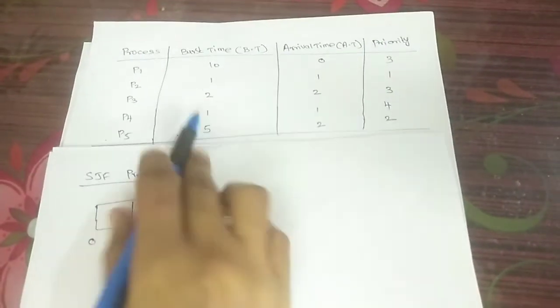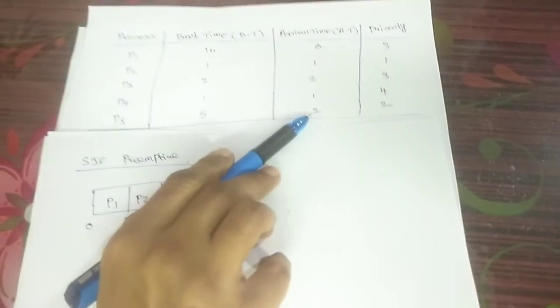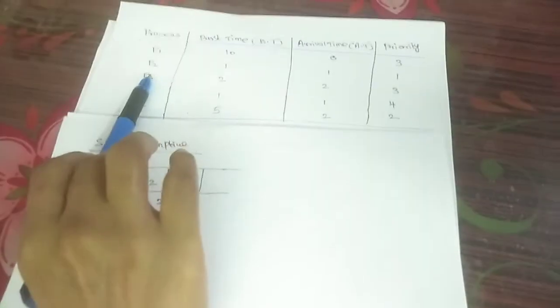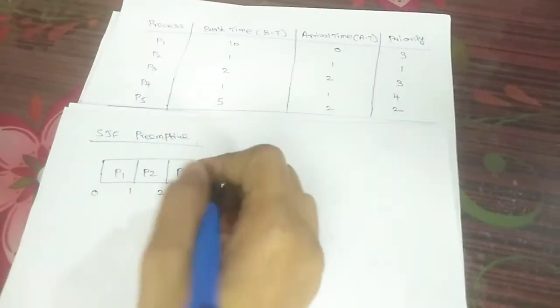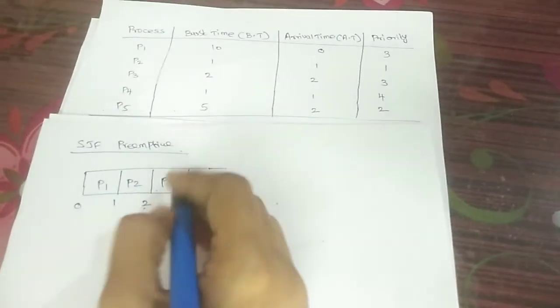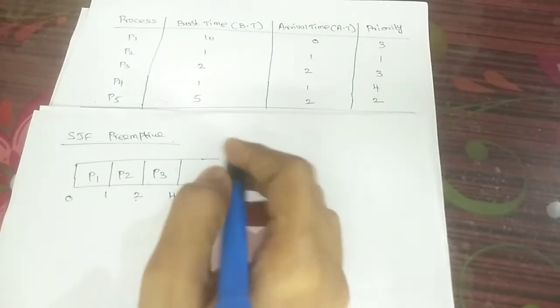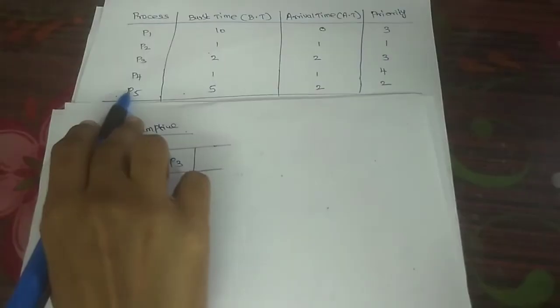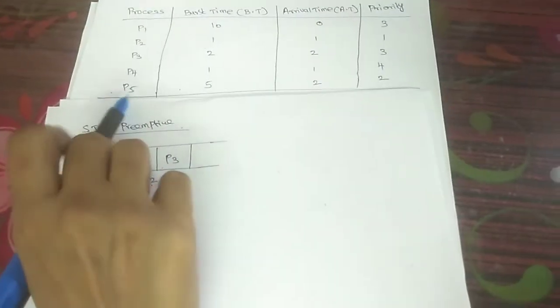Why it executes for 2 milliseconds means after the arrival time 2, there is no arrival time. All the processes have arrived and went to the waiting queue. So there is no change in the order of execution. So the process P3 completes its execution, that is 2 plus 2, that is 4. Next, in the second cycle, arrival time has been over. Next we are going to check what is the shortest burst time.